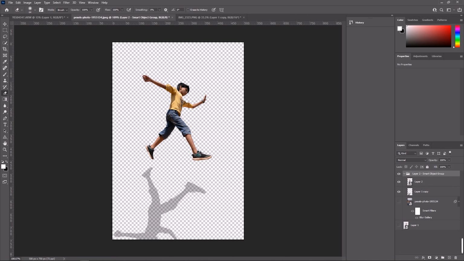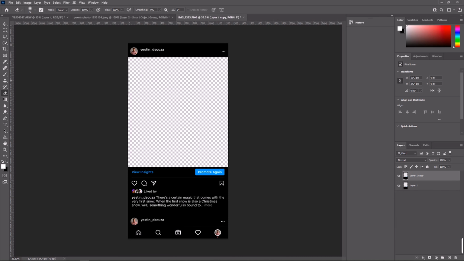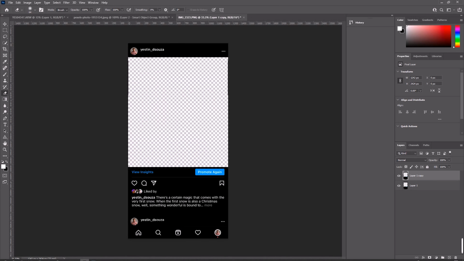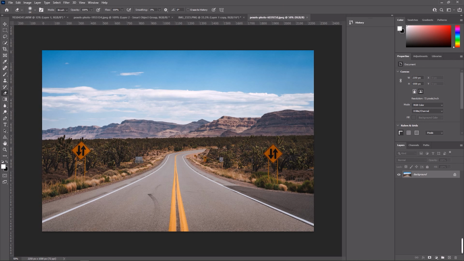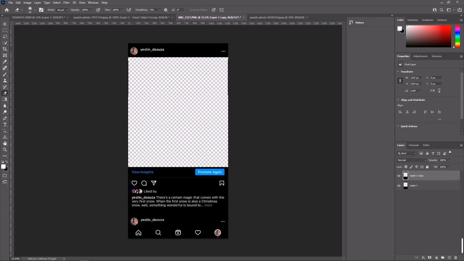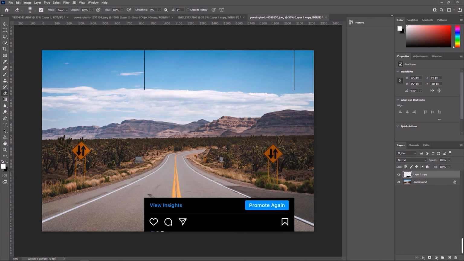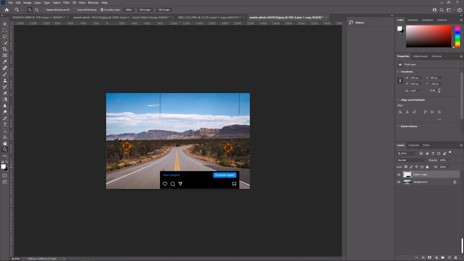So I have kept this background image hidden, and next I'll be using Alvin's photo with the shadow, and here I have cut the PNG of the Instagram screen I needed. So this is the screen. Now what I'll be inserting in here will be the screen on which I have to put all these elements. Here I'll be putting this screen layer of our Instagram page. I'll adjust it once, and you can see how I'm doing it in the upcoming time lapse.